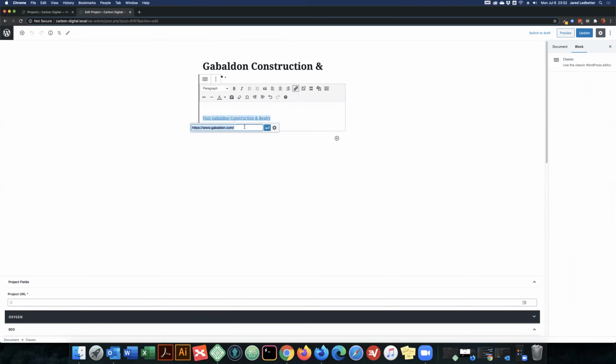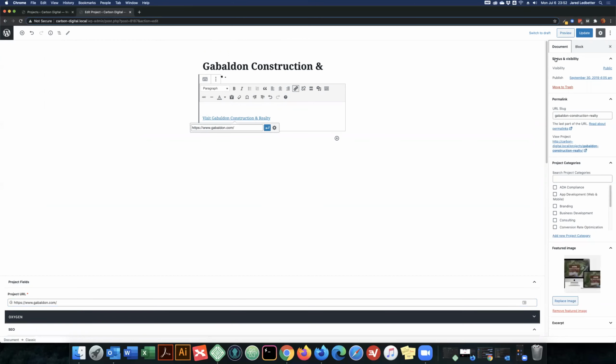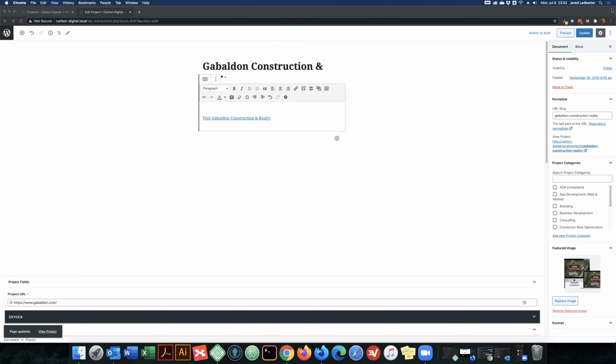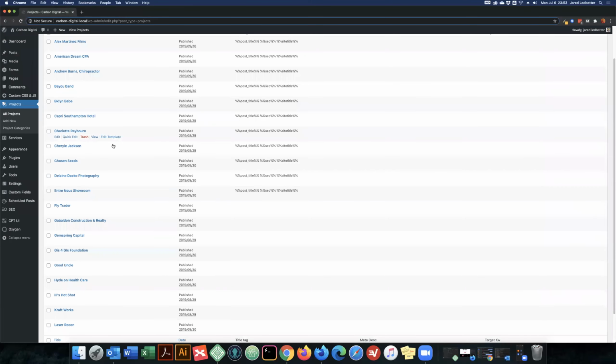So instead of having this link here, I'm just going to copy that and paste it into this project URL. Let me make sure, okay, that's done there. And update. So now I can view this project. Of course, it doesn't save. WordPress and Gutenberg are not friends. Okay, cool. So now when I view this,